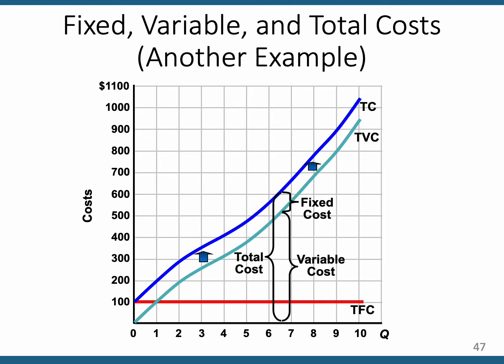You're just summing together then the red curve and the aqua curve to get the electric blue curve, I'm going to call that, and that's total cost. You're just summing those together vertically. So you just need to offset your variable cost curve by 100, and then you get the electric blue curve, which has the same shape as total variable cost. Again, we're not going to use those cost curves for our analysis. We're going to use